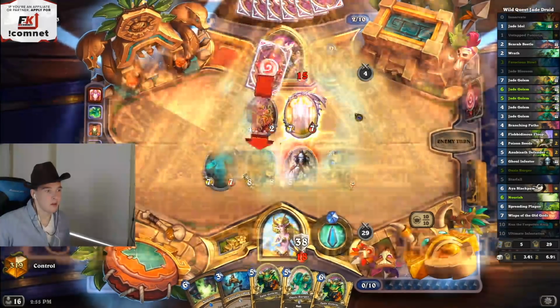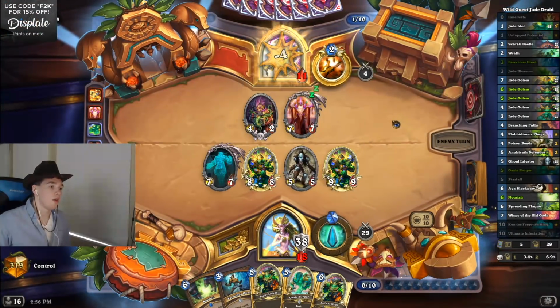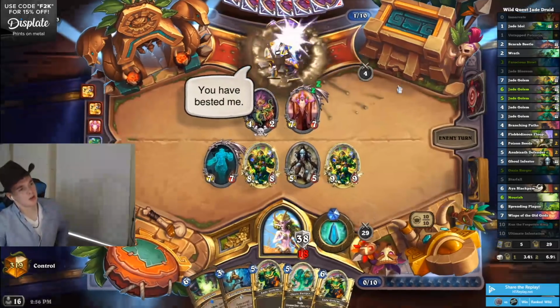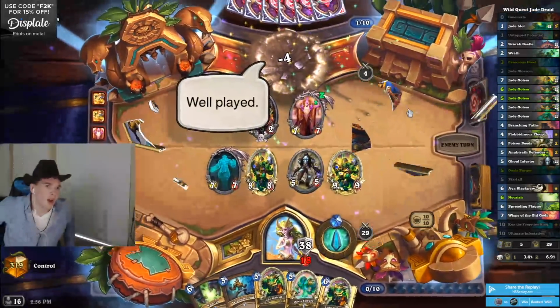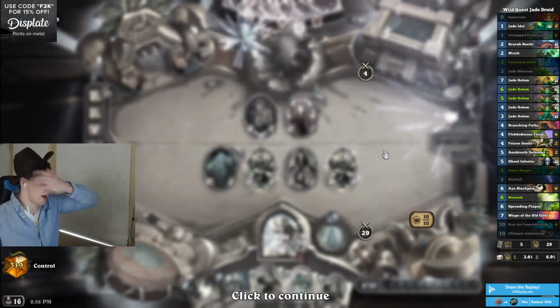Velen. Smite. Okay, he's just clearing that though. Oh, he's killing himself. Okay. Yeah, so the armor play was really good then. GG. Again, definitely a better matchup for us though, right? We're playing against a slow deck with our slow deck, so